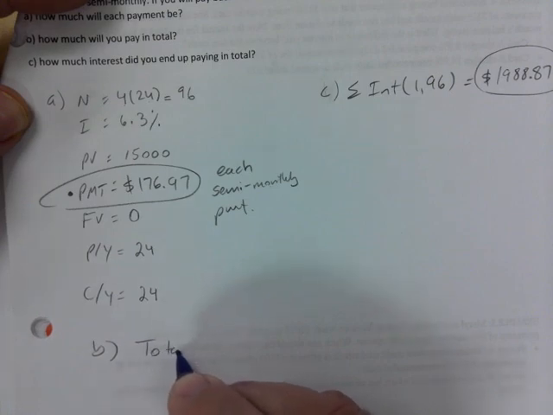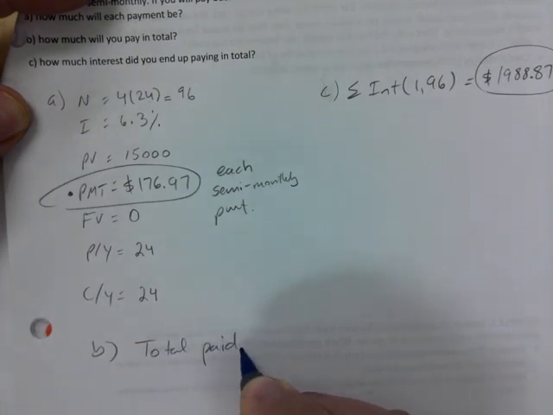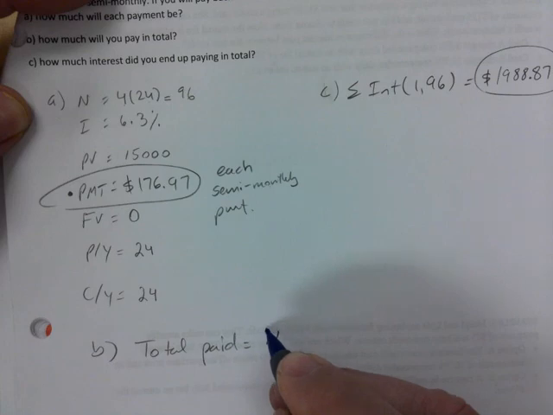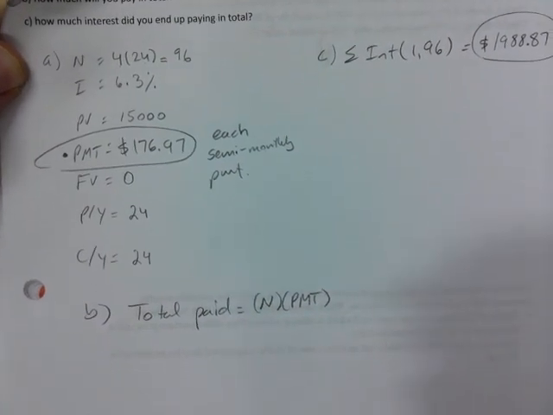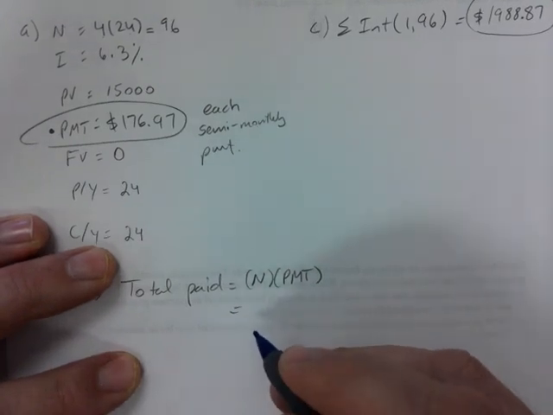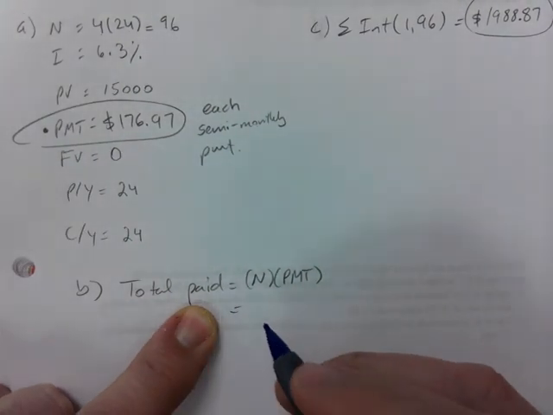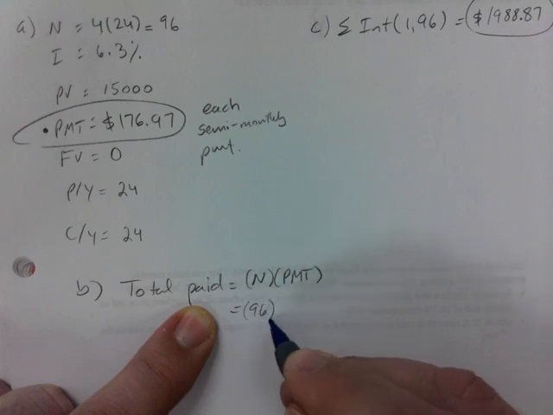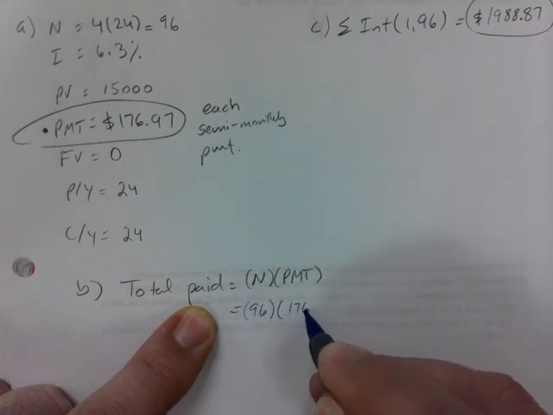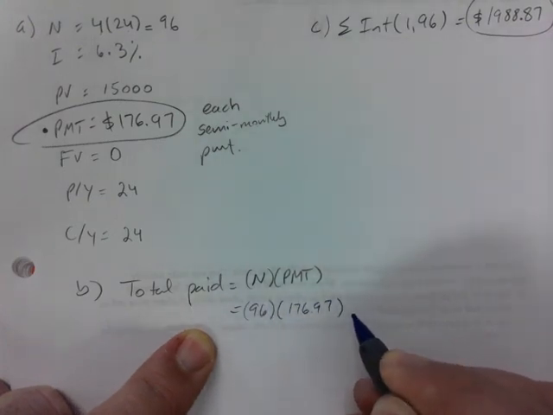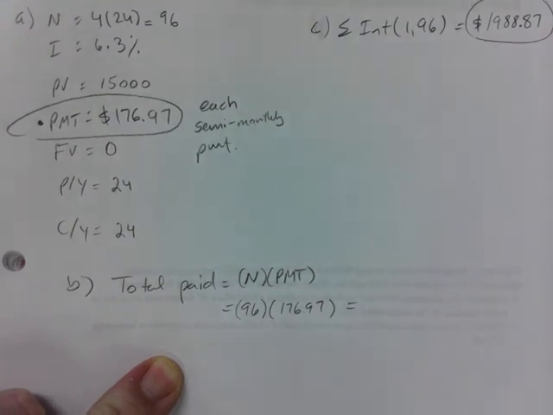Total paid. This is simply the number of payments times the payment, right? That's basically what it comes down to. Sometimes I call this total paid to the bank, right? So 96 payments of 176.97 would be